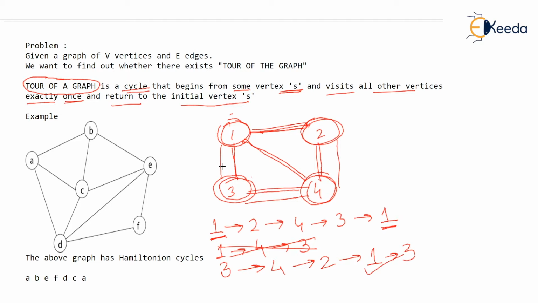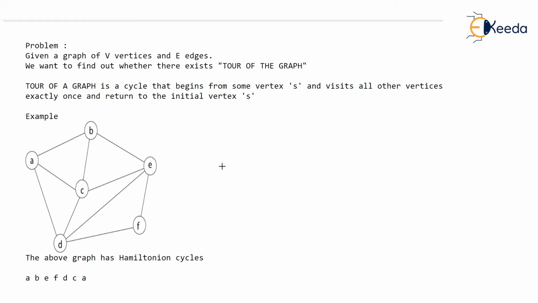What it means is, given a graph, there might be many Hamiltonian cycles or there might be none. Suppose this graph was like this. You watch. You can check that there is absolutely no edge between 2 and 4. Now, from wherever you start your cycle, you are not going to be able to visit all the vertices exactly once because 2 and 4 are not at all connected. So this graph does not have any Hamiltonian cycle. I hope you understood the definition of Hamiltonian cycle.